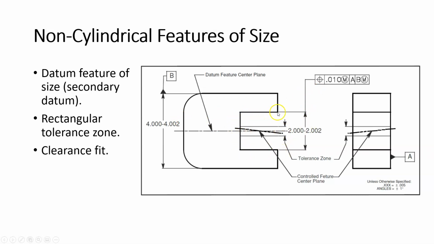So just imagine that this was a hole, right? So you apply the feature control frame to the size dimension, just like we do for the hole. In this case, it's a rectangular hole or a square hole. So the size tolerance is 2 inches to 2.002 inches. And then we have the positional tolerance of 10 thou at MMC, which creates a